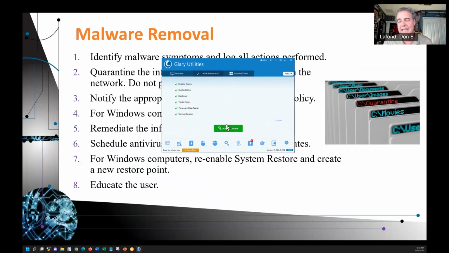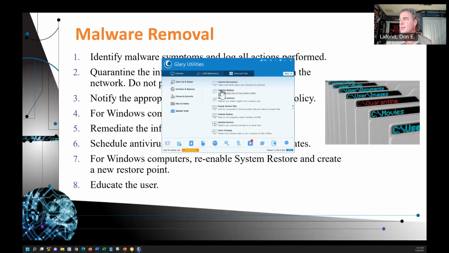This is a quick and easy software to put on your user computers if you're helping individuals. This isn't necessarily something you want to be the main program on a company's website, but to put on a fellow user's computer that is always getting malware, always getting viruses. This builds in a lot of advanced tools, including malware and virus checks, system backups, and deleting. So I'll let you guys go take a look at it. Glary Utilities, and there's a free version for home use.